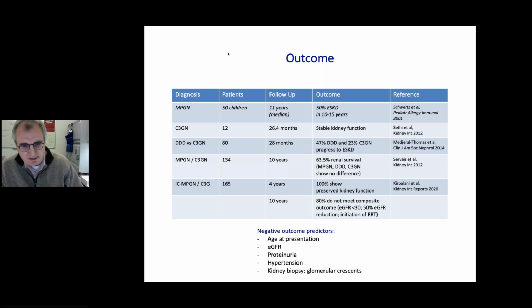To really sum it up, negative outcome predictors in C3G, and this is pre-targeted treatment, pre-complement targeting treatment, is age at presentation and decreased kidney function, and high proteinuria and high blood pressures as negative predictors. And there's one report that also highlights the presence of crescents, which seems to be a theme also in other glomerular diseases like FSGS and other conditions, IgA, where the crescents are related to negative